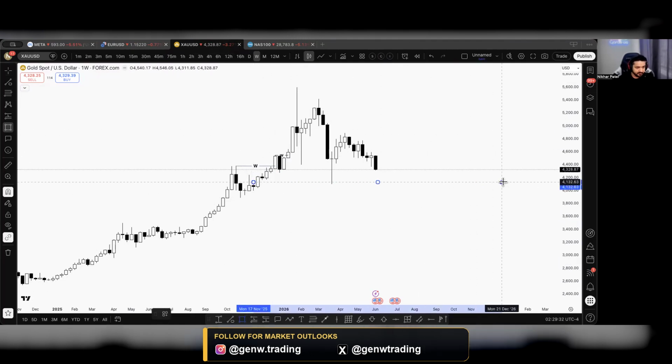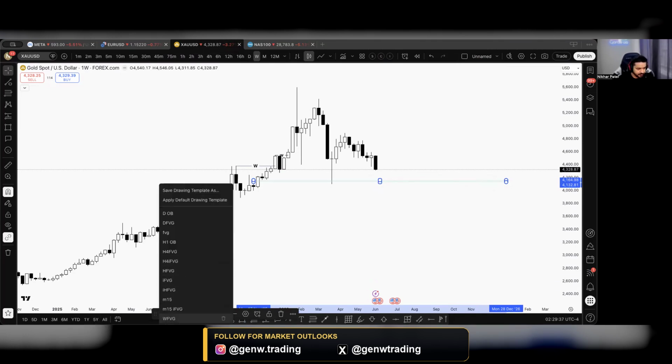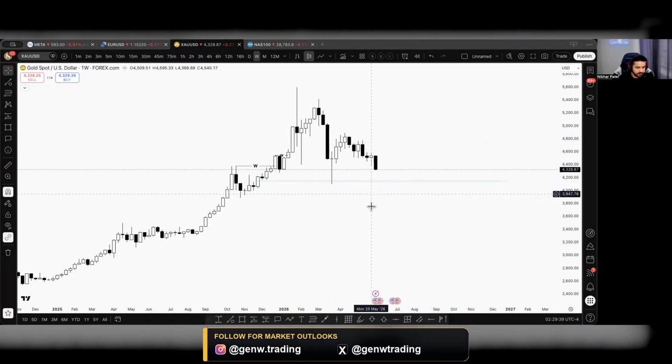There was this weekly fair value gap, which price had mitigated a few weeks ago, and it had given a bullish momentum, but it seems to be fading off. So now we don't know whether this gold would go down or go up. What we can know for sure right now is that price had respected this but has failed to commit to a new high. This could possibly mean that we might see lower prices on gold in the future,